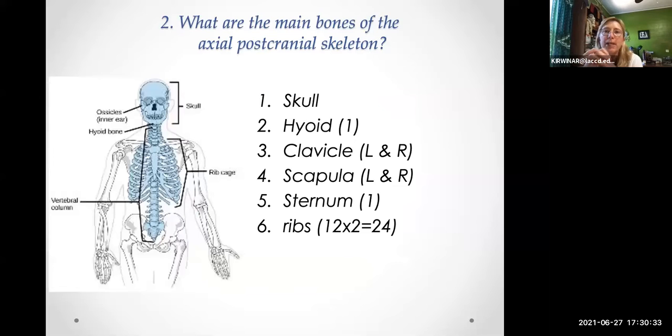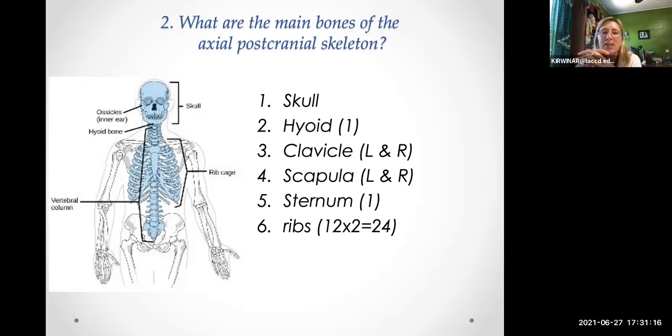All right, so what are the main bones of the axial postcranial skeleton? So the axial skeleton is, think of an axle on a car. The axle of the car is a structure that the wheels go around, okay? If you had little Matchbox cars when you were a kid, it was literally a little plastic or metal bar, and then the little wheels would go around on it, right? So think of the wheel on its side. So the axle would be the vertebral column, and with the head spinning around and the chest cavities, ribs spinning